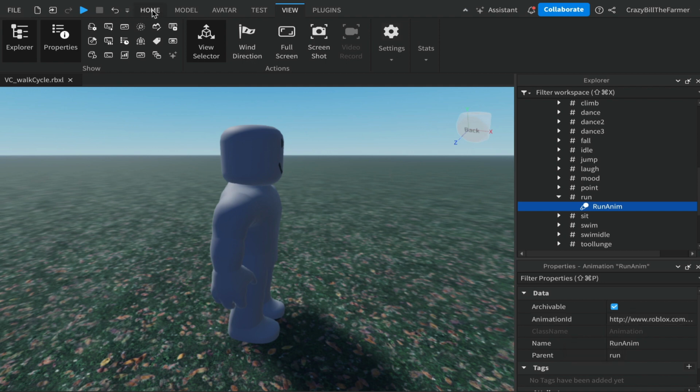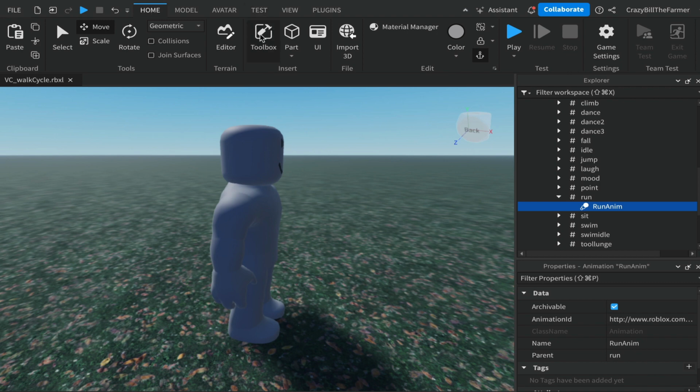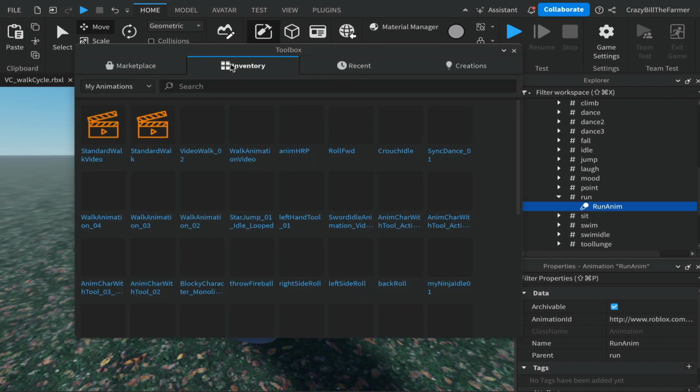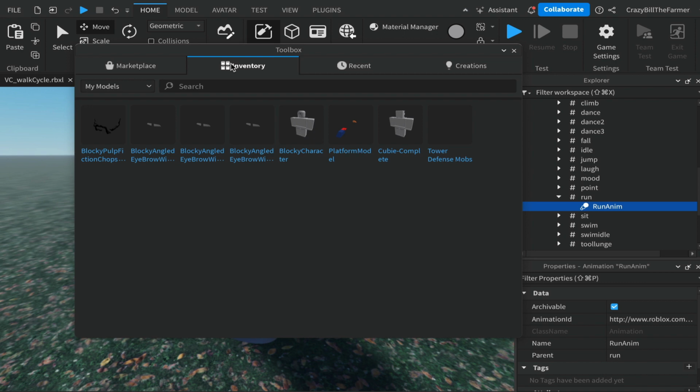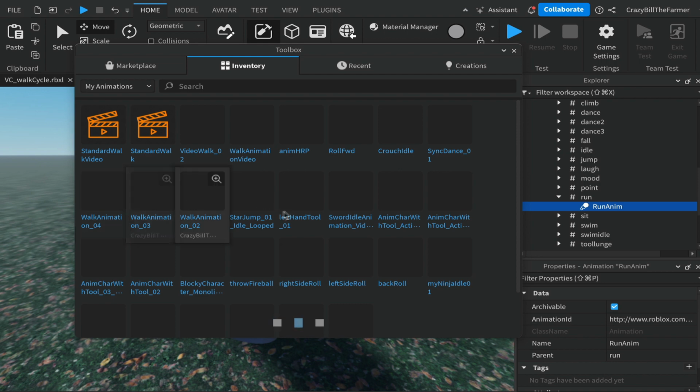So come up to Home tab up the very top, click on Toolbox, and then click on Inventory up the top. This will get the things that you have made or that you have, and then the drop down on the left here and you should find My Animations. So go ahead and click on My Animations, and any animations you've made will appear here with the most recent one in the top left hand corner. So this is the one I just made, so right click on it and we'll copy the asset ID. So once you've copied it,